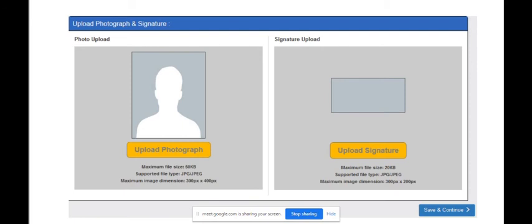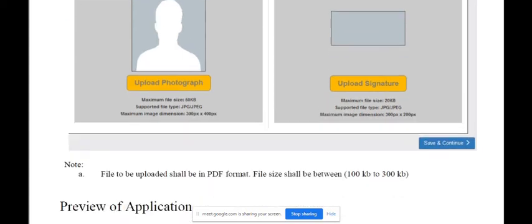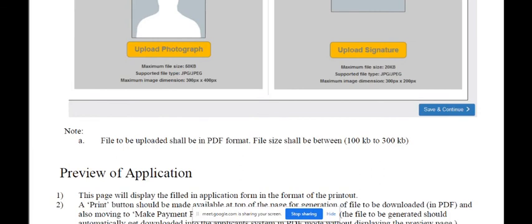After that you will get the option here to upload. Click on upload photograph, it will provide you the space to browse and upload both photo and signature.